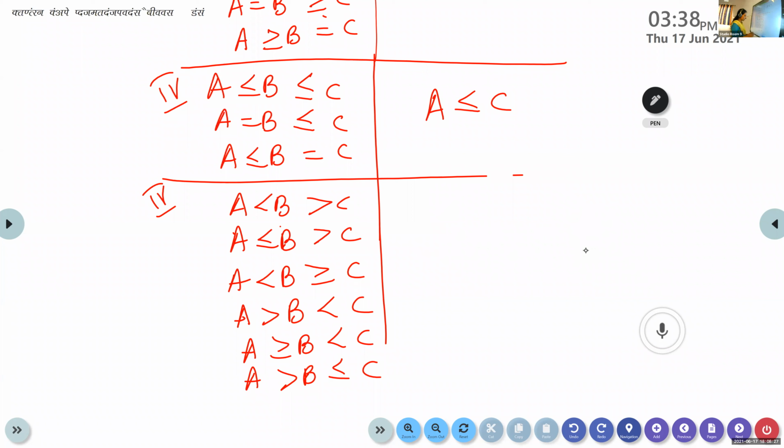So in all these cases, look here, less than and greater than are mixed up. On one side you have less than, and on the other side it is greater than. If you are getting the same inequality, the same symbol, less than or equal to, we can compare. Here one is less than, the other one is greater than. If you are using either fully less than or equal to, we can compare it. But here less than and greater than are mixed up, so there is no conclusion. We can't give a conclusion in this case.